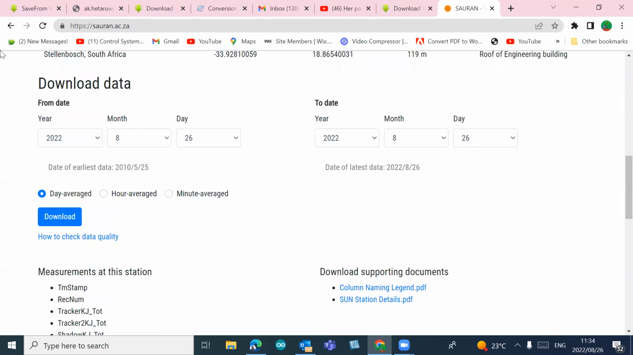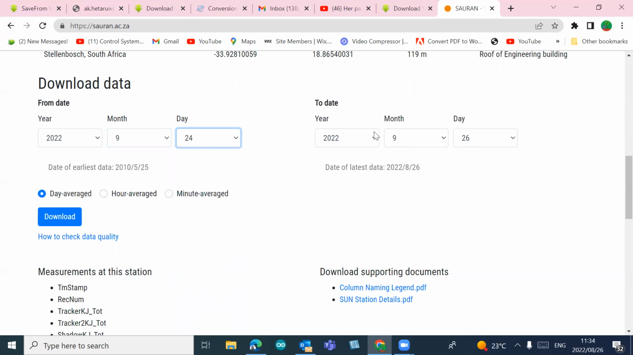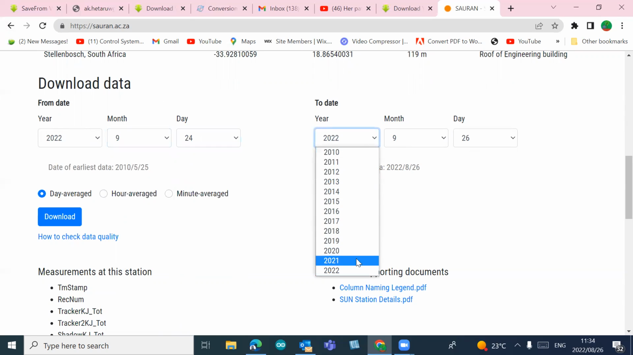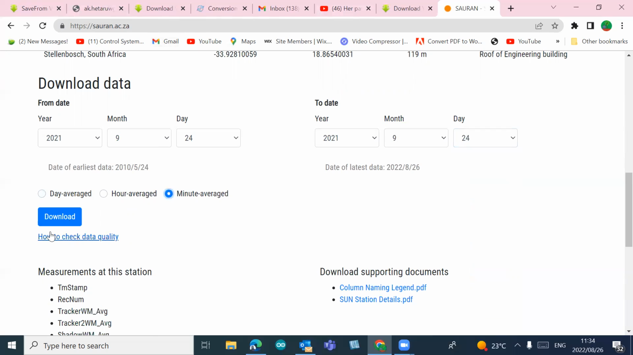Now, let's go to 2022. There is no logic in choosing that. Well, just spring weather, I'm interested in taking it. We'll look at the 24th, and we go again. 2021. We look at the 24th. So it's 24 hours. We want it minute averaged. And once our selections are okay, we download,